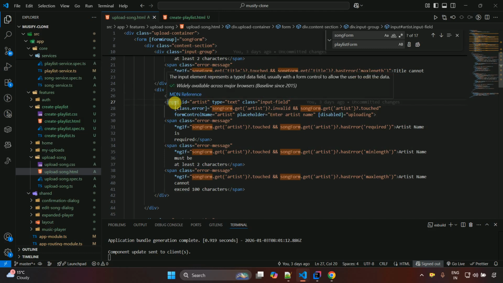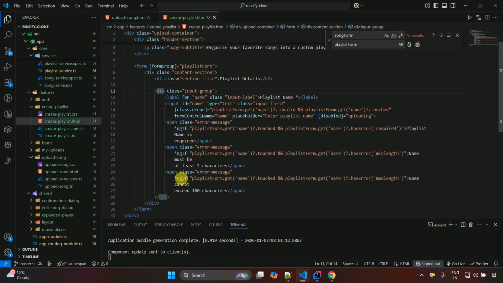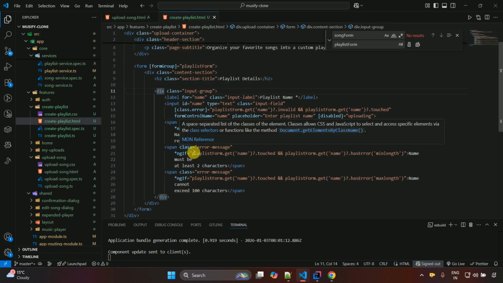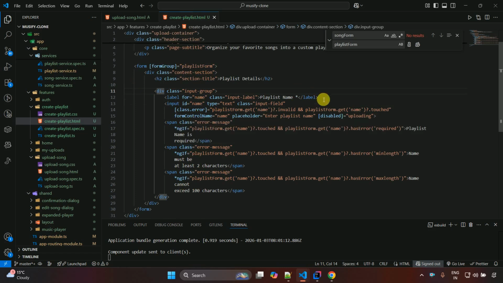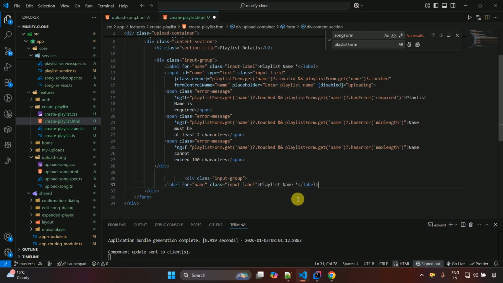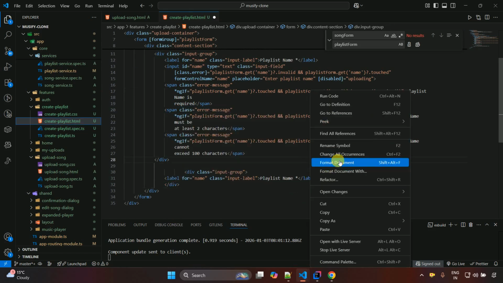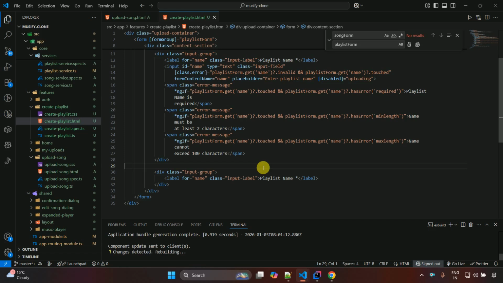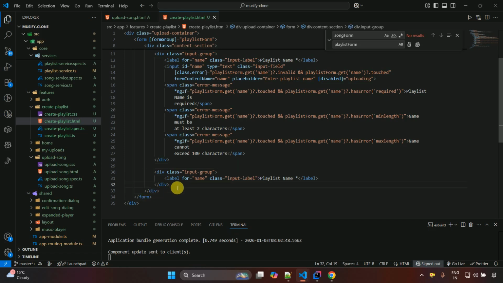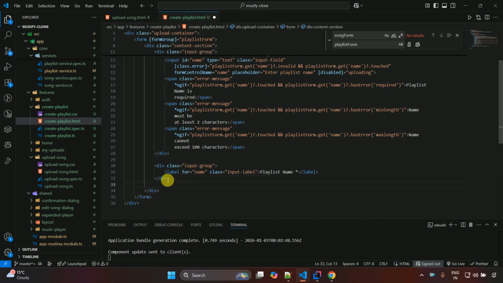So the validations and other things will remain the same. Let's go back to the create playlist. We don't have to copy paste directly, and we are going to just copy paste these 2 lines for now. We are still in the create playlist page, and just after this particular div closes, we have to create a div, paste that and close the div first. Okay, so now if I save this, we don't have any error, and over here this particular input group div